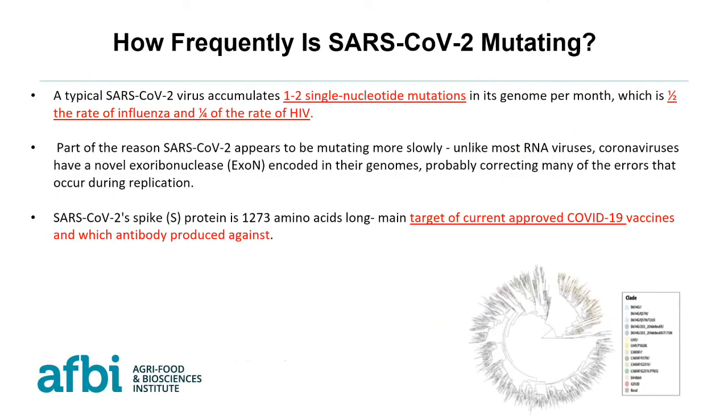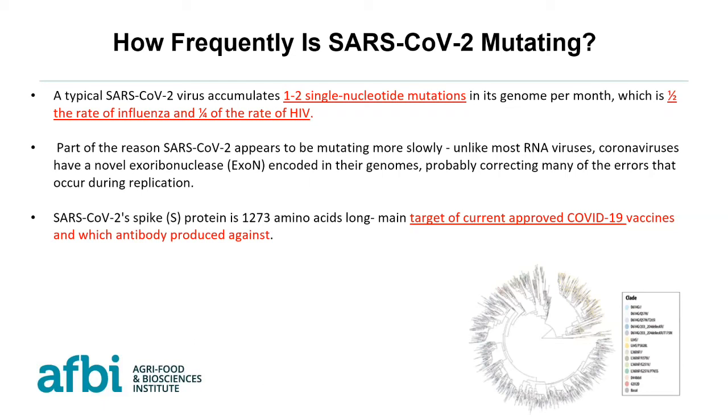Right, so just the last part, I was going to talk about mutations in the SARS-CoV-2 virus, because obviously we've seen these variants come up, and it's not a kind of one-hit, a variant suddenly arises. The virus is mutating all the time, and it's known that SARS-CoV-2 accumulates 1 to 2 single nucleotide mutations in its genome per month. But if you think of that, that's about half the rate of influenza virus and about half of the rate of HIV,